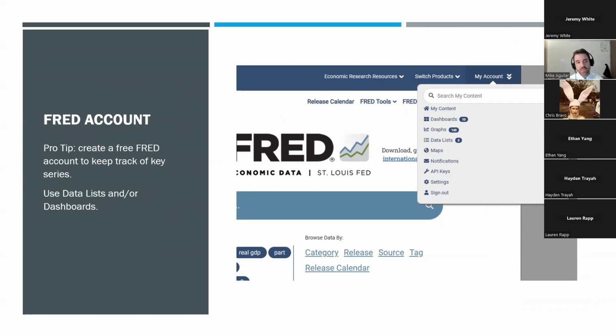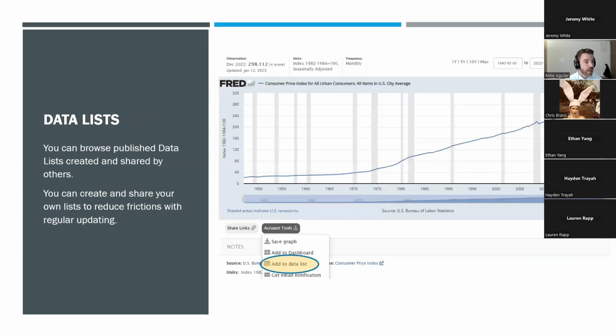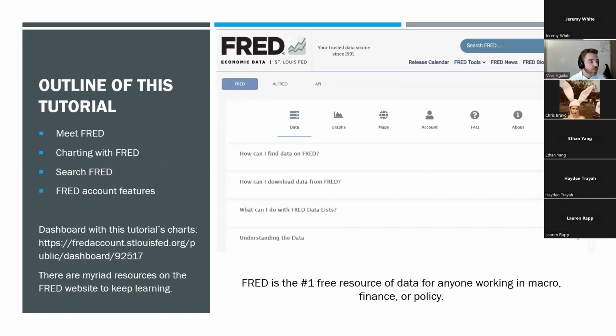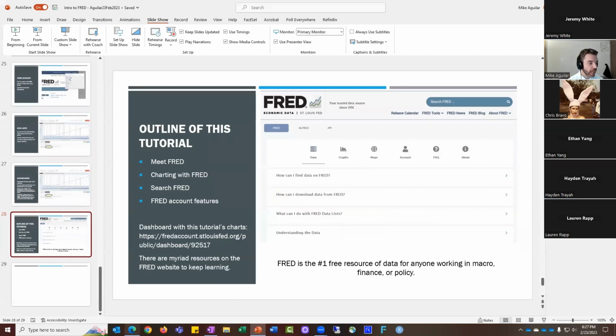Pro tip, create a FRED account. Don't waste time hunting for the same series every month. Find them once, save them on FRED, and then go back to them. You can get the actual data series and just download it, or you can create a dashboard. And I show you in the slides how to do these account features, add to the data list or add to a dashboard. I actually want to show you what a dashboard looks like,